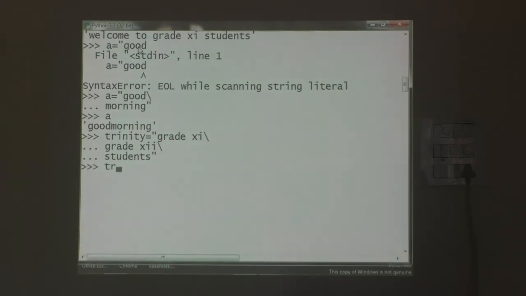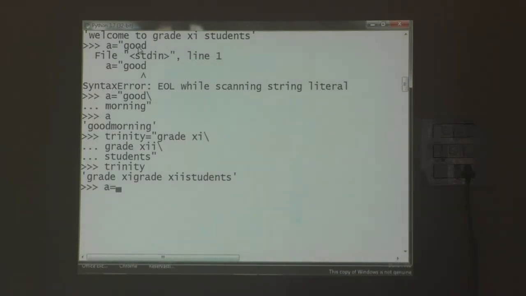Okay, that's it. When you are printing the value, whatever string you have stored in the variable Trinity, you want to display. See, grade 11, grade 12 students. Did you understand? Okay. The next one is another way to give the multi-line string in Python, by using triple quotes.